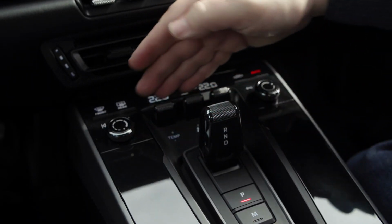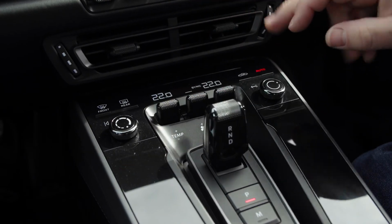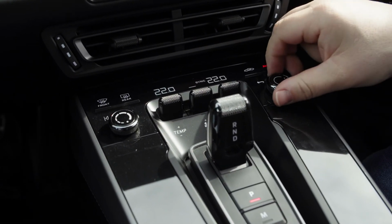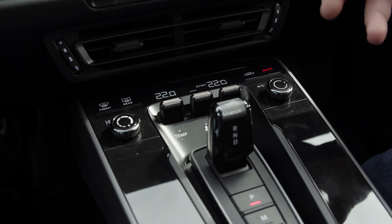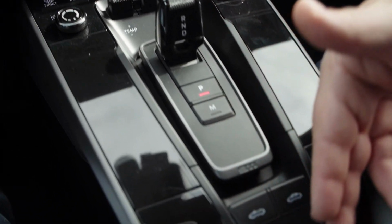So I enjoy that, and I like the materials matching in terms of the knurling here and the knurling here. Those feel nice and aggressive and they're well put together. The same applies to the dials here. Now, once again, I would have liked to have seen a little more detailing when it comes to these controls